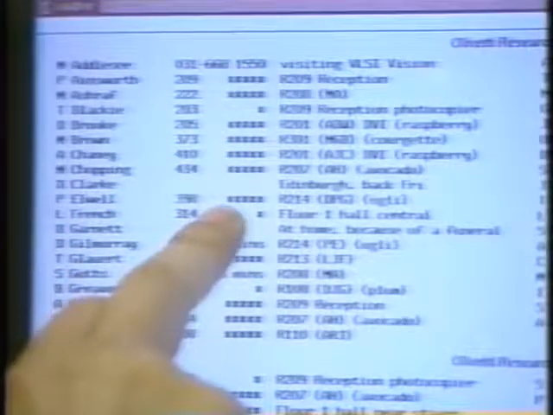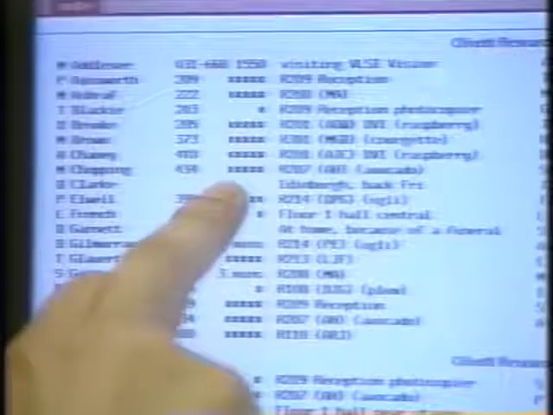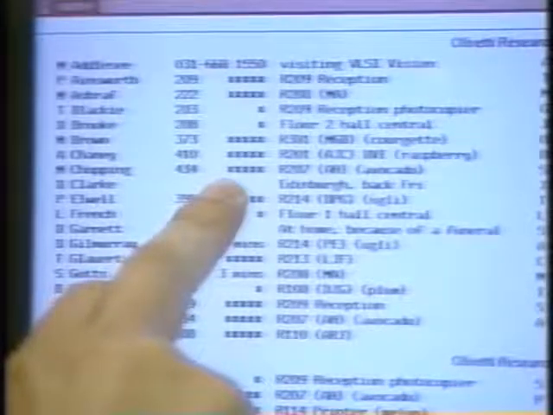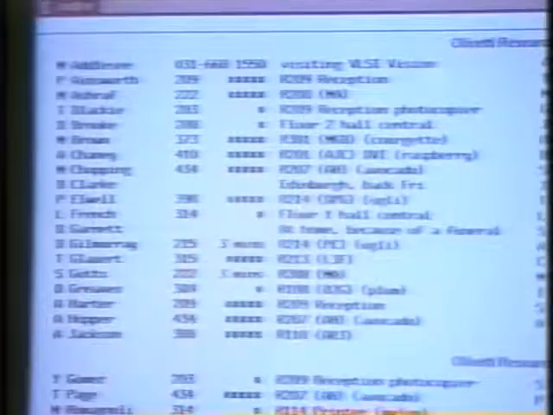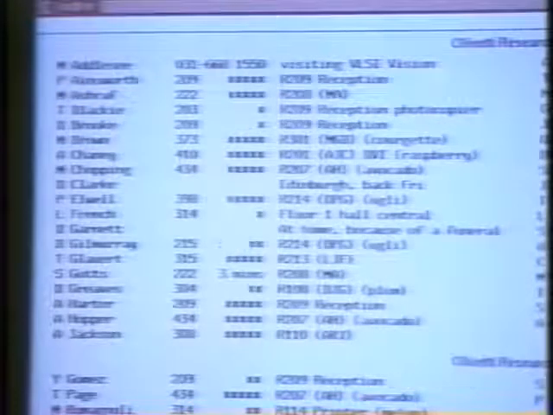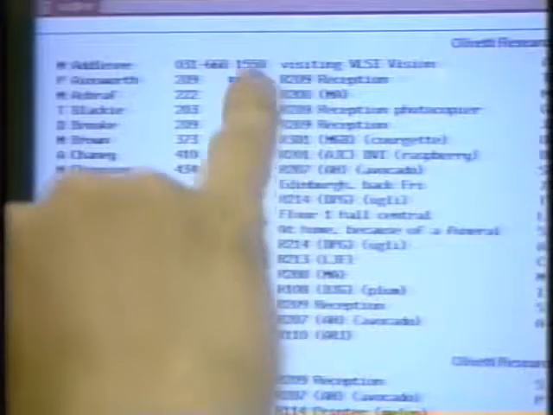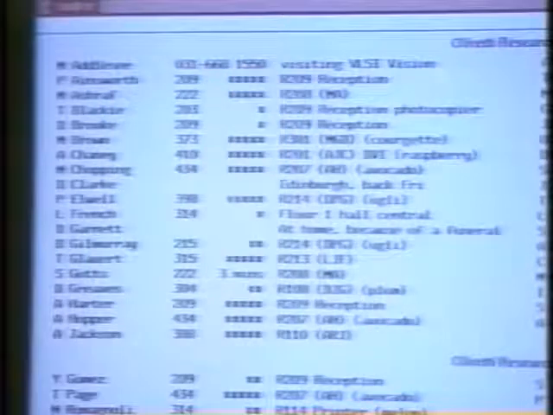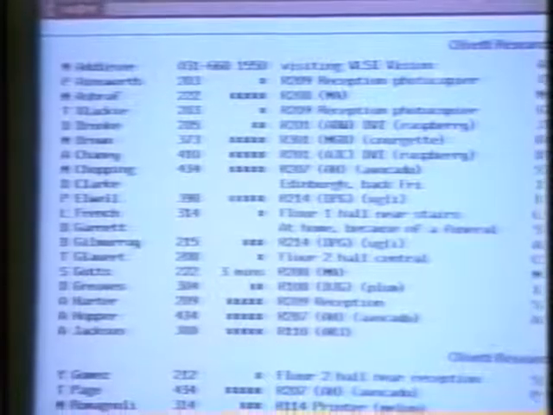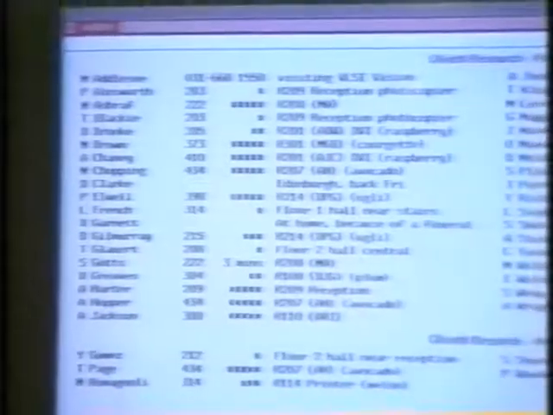This column indicates whether he's moving or not. The 5 asterisks mean that all the recent sightings have been in one place, so that he's static, and in fact he's in my office right here, right now. Mike Adelsey is shown as being away. It is possible to put your own string, your own little words over here, and so it shows that he's not here right now. Other columns indicate the actual position, and other regions indicate what's happening to Olivetti research personnel,